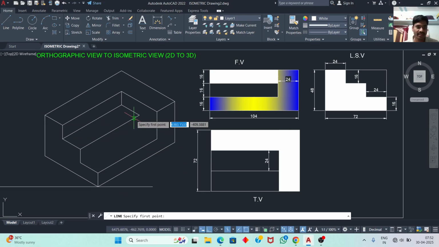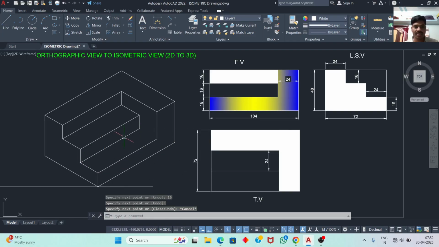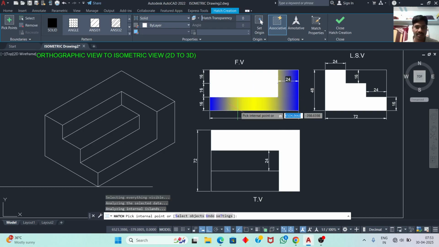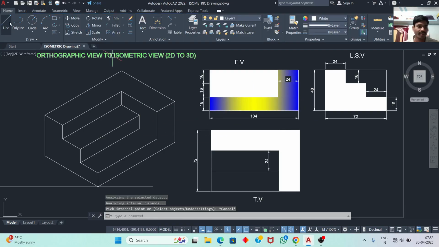So completed. And next, downside 16 and 80. Second step is completed. Okay, in the front view, this one is completed. And next, join this corner to this corner. So entire figure is completed. So like that,